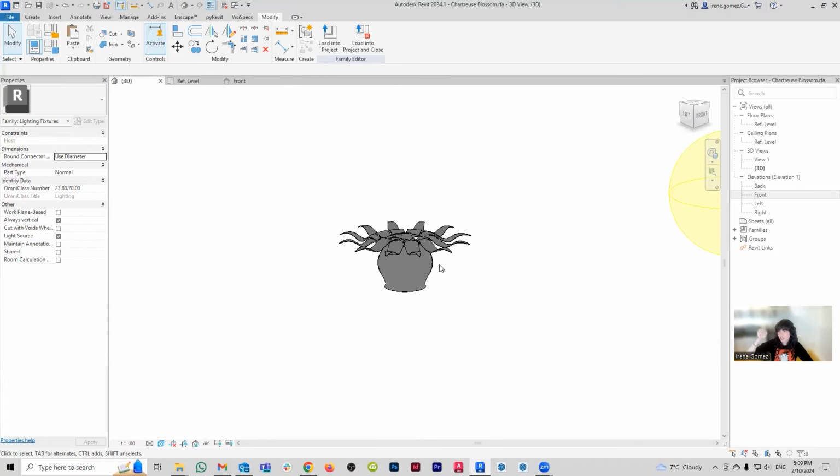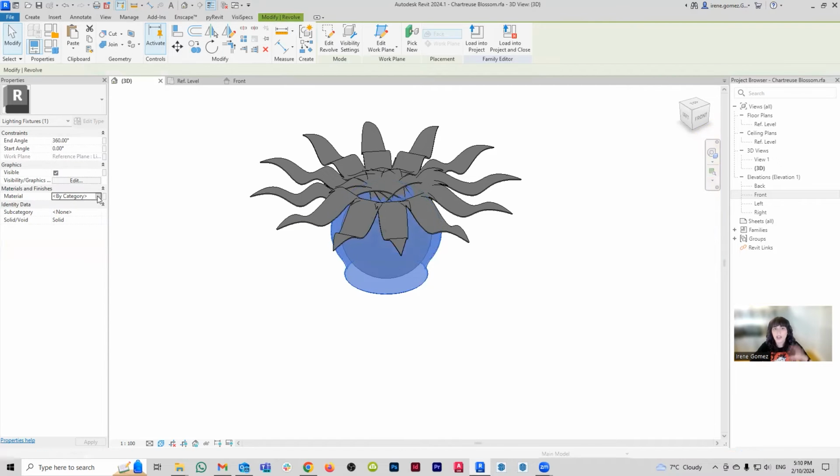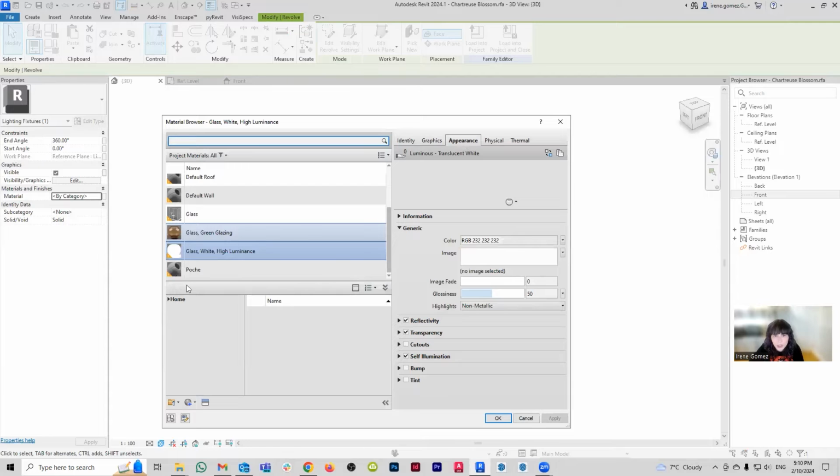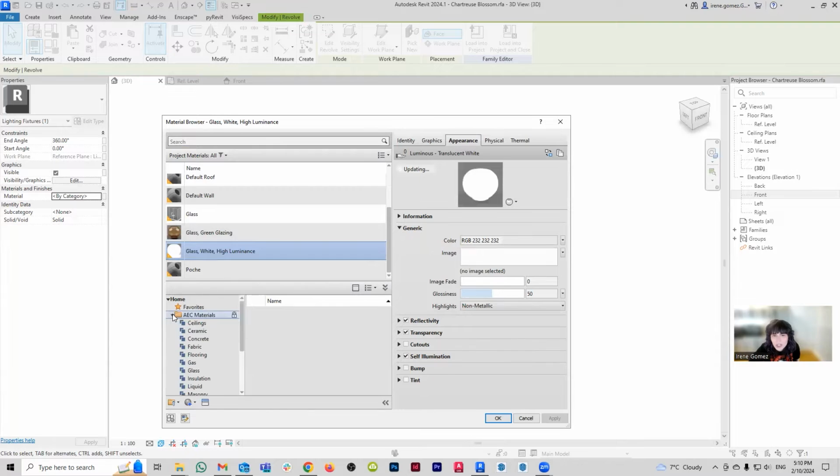And what's going to happen is that the petals themselves are not going to be modeled. Instead, we're going to use a material for them. So for the time being, I'm going to apply, and again, this material is also not going to be parametric. Instead, it's going to be similar to my green glazing. I'm just going to come here to glass, and I think there's a white glass. I can always duplicate materials if I want to. So again, you don't have to work with the materials from the AEC. I'm working with them just so there is something for me to show.